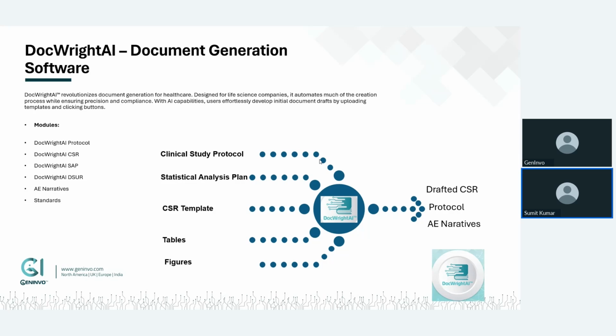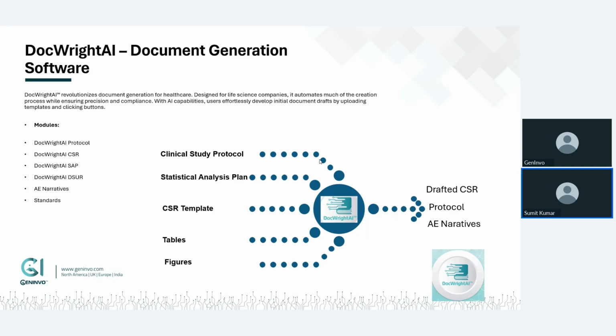Likewise, this DocWrite AI tool can help you to generate the AI narrative also. So as I mentioned, you can create a CSR, protocol, and AI narratives by using all the supported documents like the protocol and the tables and other things. So yeah, that's all about